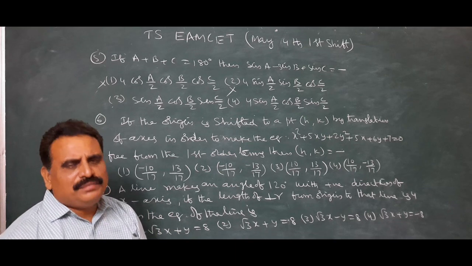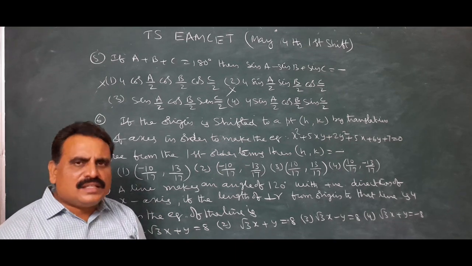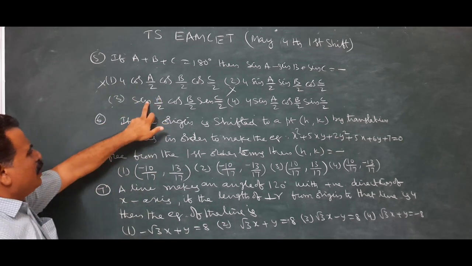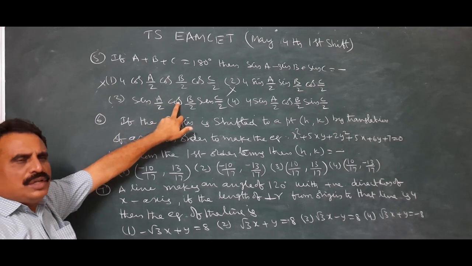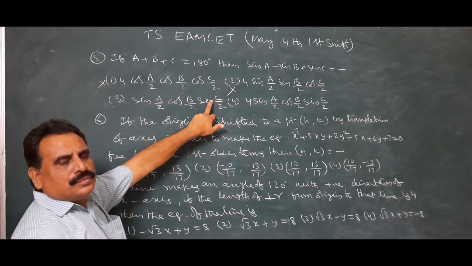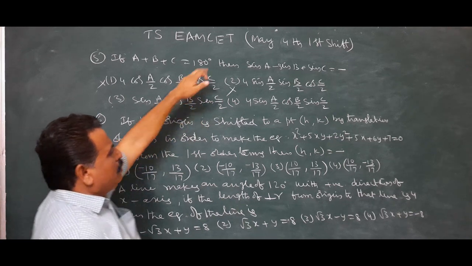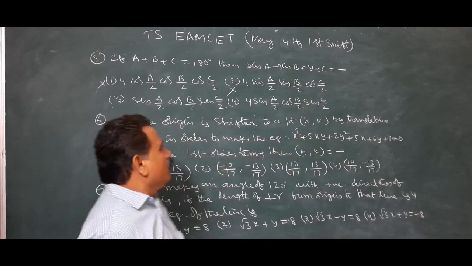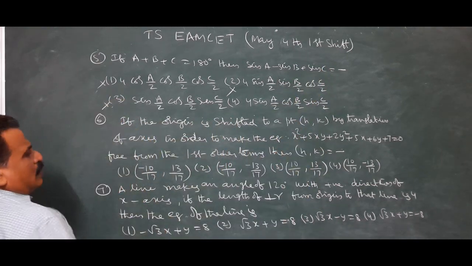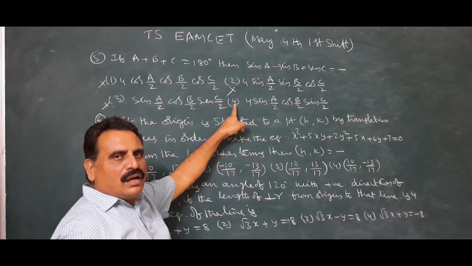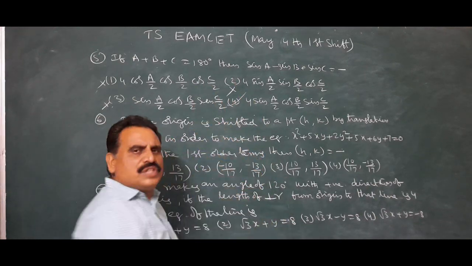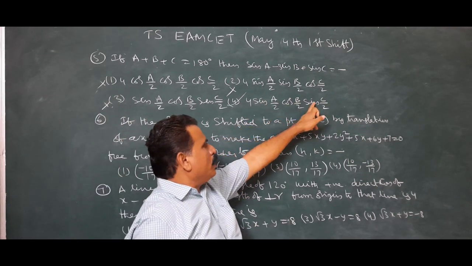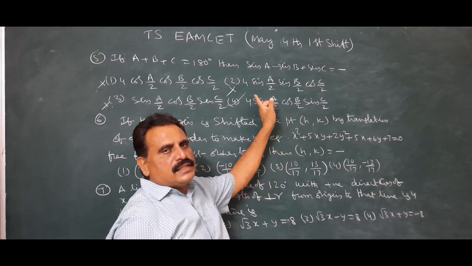Now we are going to the verification. A equal to B equal to C equal to 60. Let us verify that. A 60, that means A by 2 is 30, sin 30 is 1 by 2, cos 30 is root 3 by 2, sin 30 is 1 by 2. We get root 3 by 8. But our answer is root 3 by 2 minus root 3 by 2 plus root 3 by 2, root 3 by 2, but it gives root 3 by 8. It is the wrong answer. It is the right answer because 1, 2, 3 are wrong. Fourth option is the right answer. You check that. Sin 30 is 1 by 2, root 3 by 2 into 1 by 2, 2 into 2, 4 cancel. We get root 3 by 2.